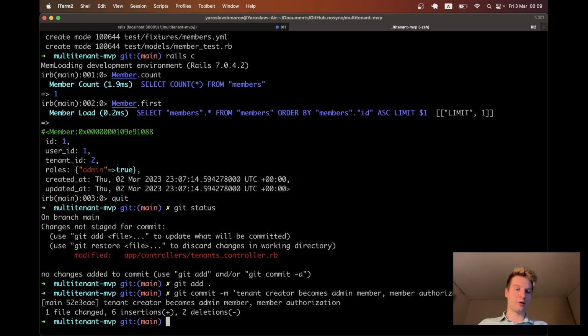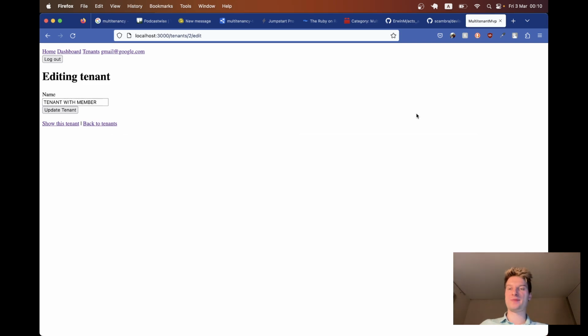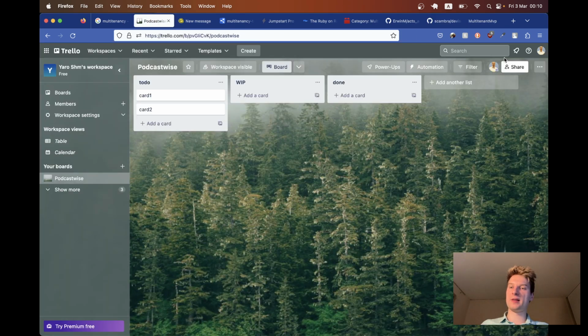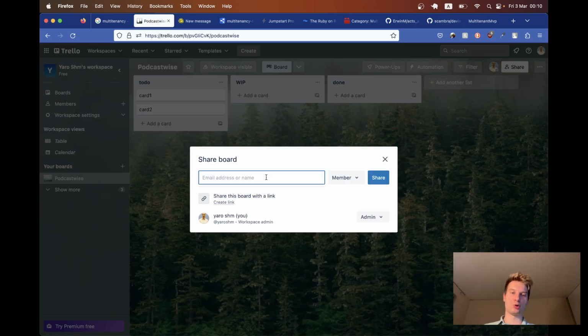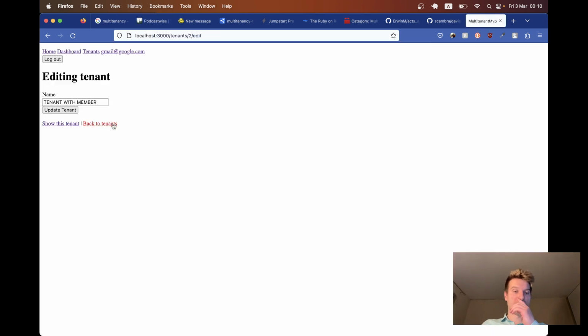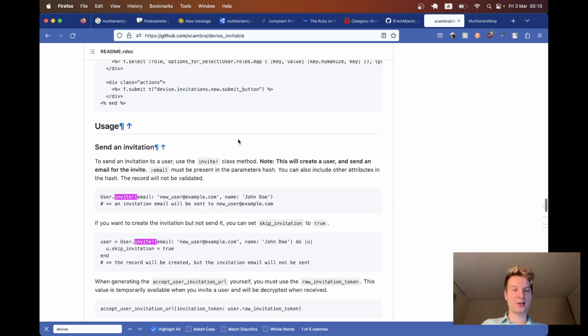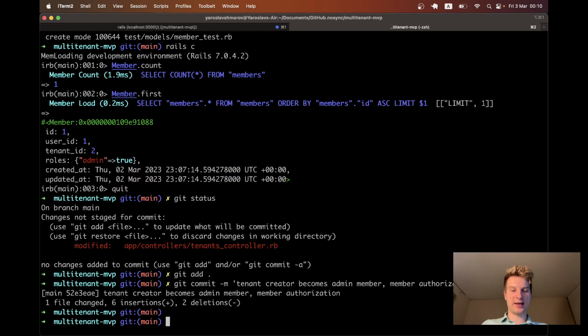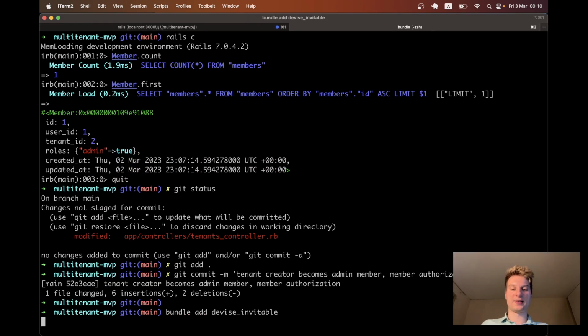Okay, what is next? Now we want to be able to invite other users to become members of our application, and for this we are going to use devise_invitable. Let's say we have this kind of form where we input a user's email; we wish to be able to actually create a user in our application and send him an invitation link to become a member of our application, and also make him a member of this tenant. So we are going to install the gem devise_invitable, and let's see how it is done. So I will say bundle add devise_invitable,